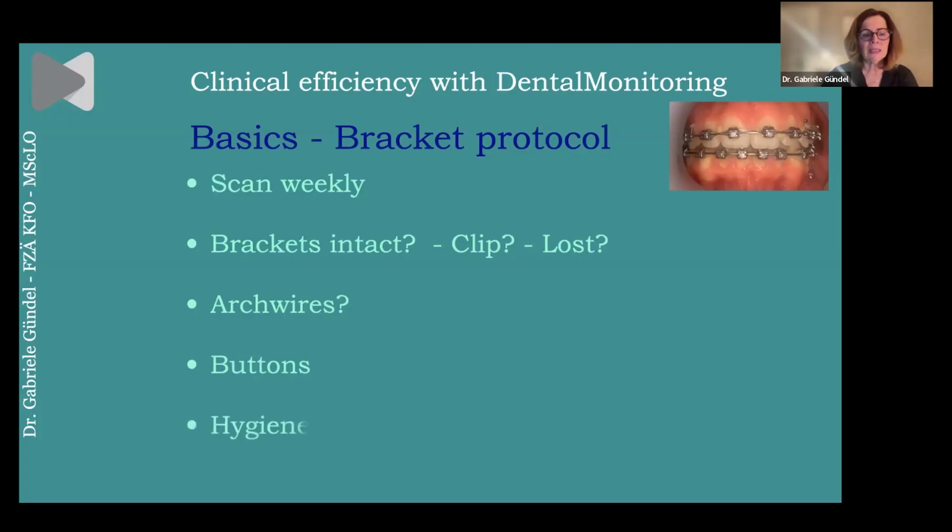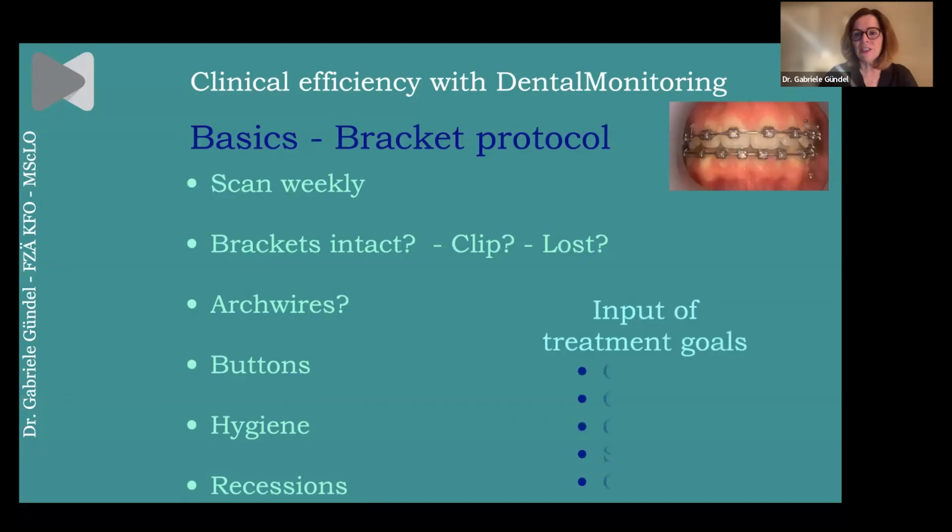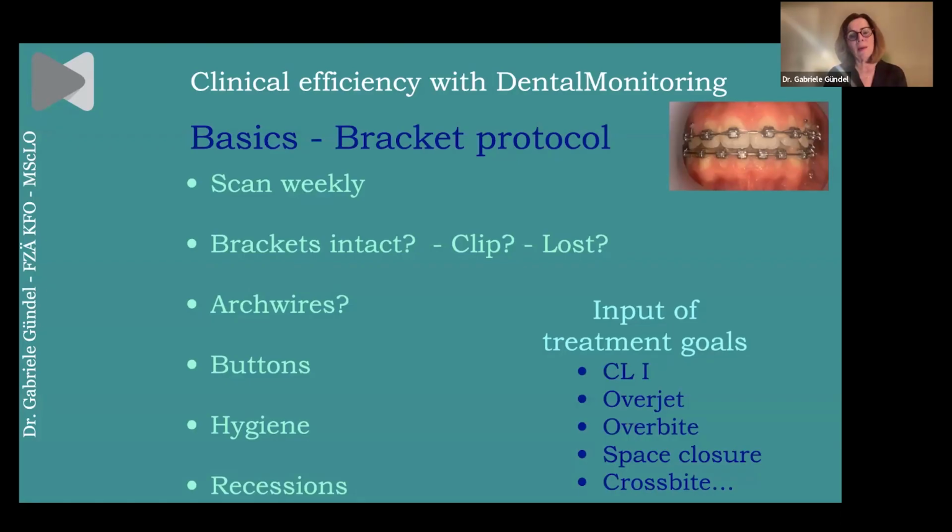What is about the button, the hygiene, a very, very important topic. Also, recessions, especially with the Damon Ultima system, we have a precise torque prescription, and we have a precise torque movement of the roots. Very important to control that we don't have any recessions. Also here, you can define a lot of treatments,